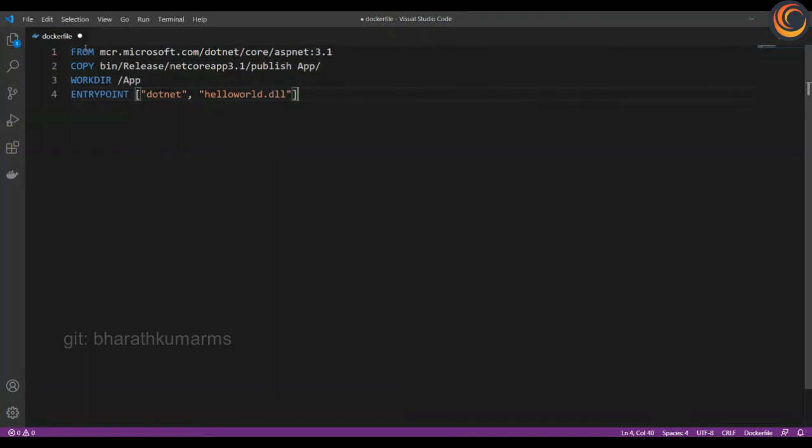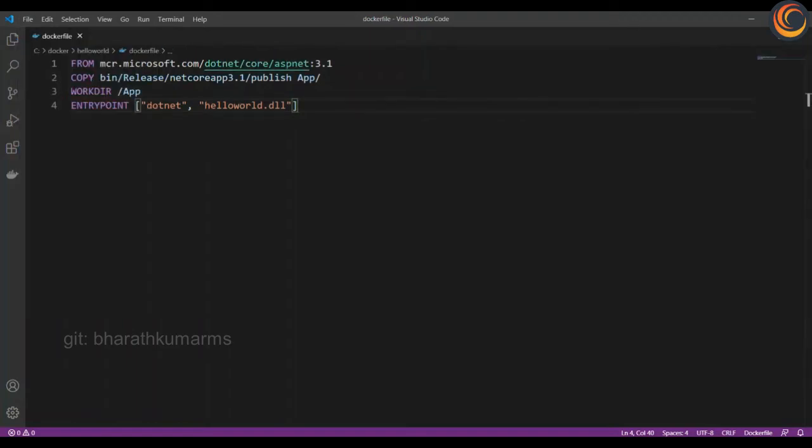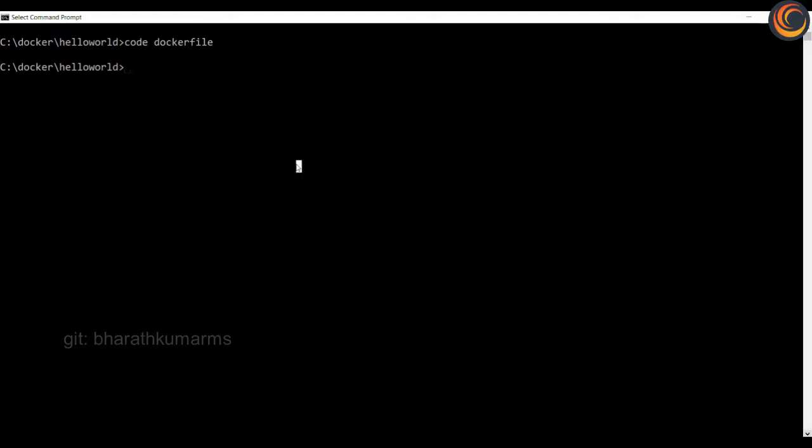So these are some of the standard commands in a Docker file that you need to enter in order to execute the code. Let me save this. Now we can build the Docker image. You can give it any name. So right now I'm going to give the name as dockerimage itself, and then it is going to find the Docker file which is available in the same directory. So I'll put a dot.